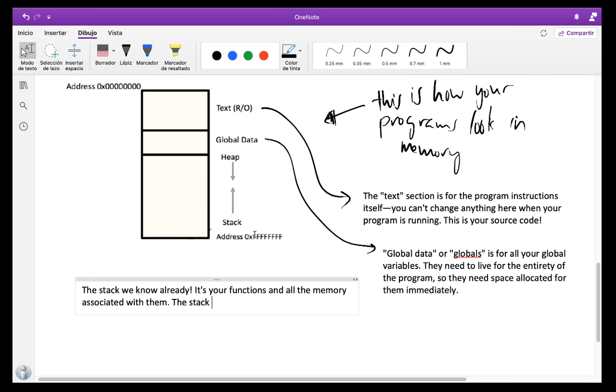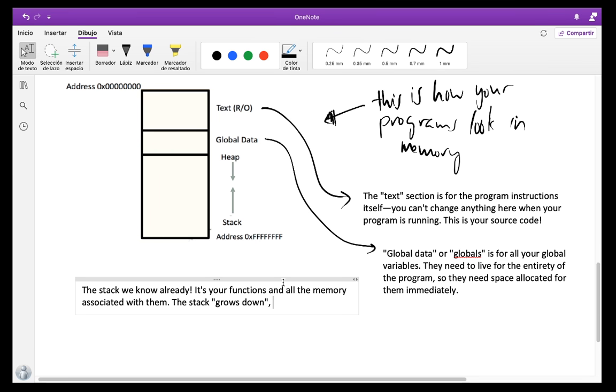Stack, you won't really need this unless you take an assembly programming class. The stack grows down, we say, because it starts at a large address, and every time you add things to the stack, like here's my current stack, I'm going to call a function, the starting address of the stack now is less than it was before, because the stack is growing from high addresses to low addresses. That's nothing I'm ever going to test you on, but it's just a fun fact. So the stack grows down,